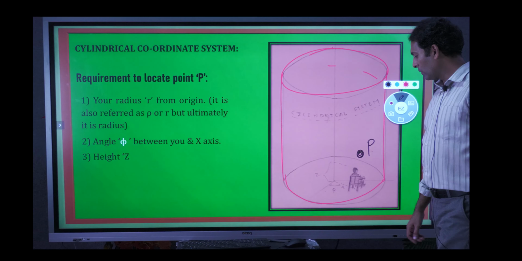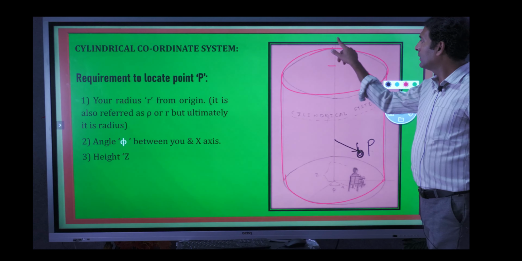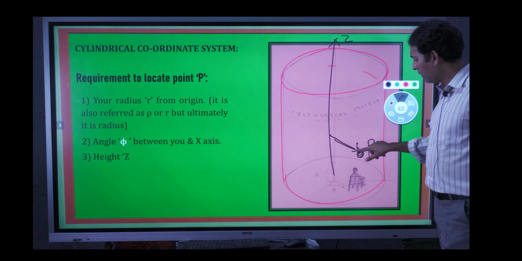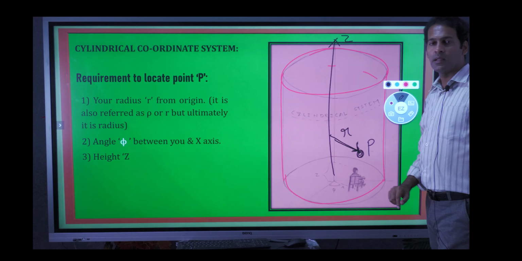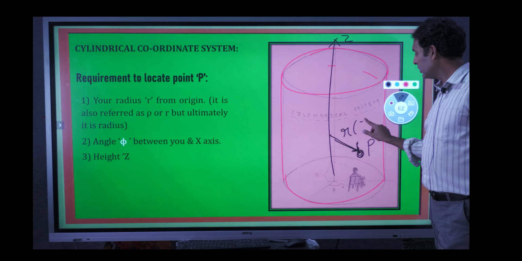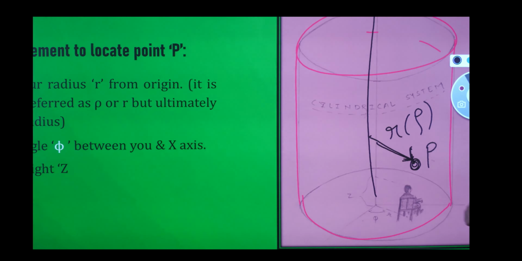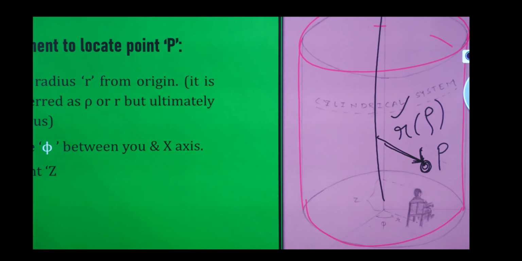First, we can find the distance from the reference Z axis. This is the vertical Z axis, and from it we find the distance. That distance we term the radius r. In a few books it is also represented as rho. Either we can call it r or rho, but for simplicity we will consider it as small r, our radius. Once we have the radius, we can say that point P is at some radius, 10 meters, 20 meters, 30 meters or any value.